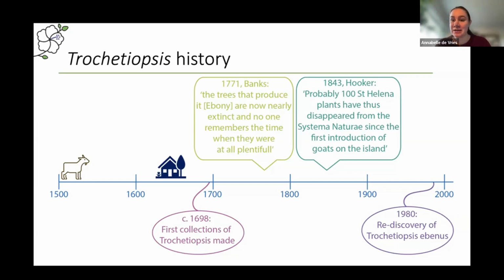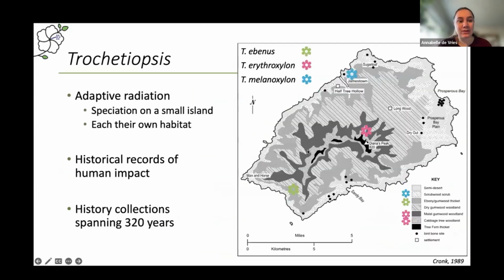Unfortunately, it did not quite help to save some of these tree species, and later on Erythroxylon went extinct, but of course we have the rediscovery of Trochetiopsis ebonus in the 1980s. Okay, then we have